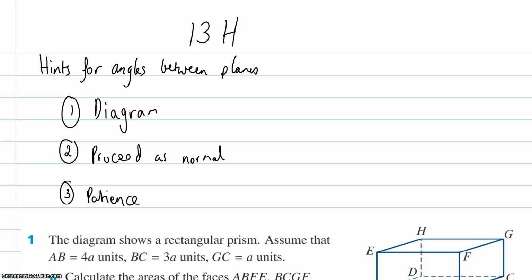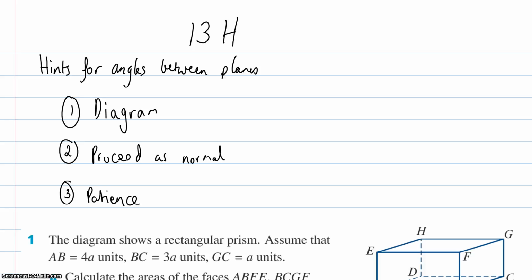G'day, this video just gives you a little bit of an insight into how to do 13H, which is angles within planes of particular shapes and other things. My first emphasis would be to make sure that you draw diagrams, because you're often going to be dealing with 3D shapes and it's very difficult to visualize all the different angles and all the different side lengths that you're going to need. So draw triangles, draw rectangles of what you need for the 3D shapes, and break them up